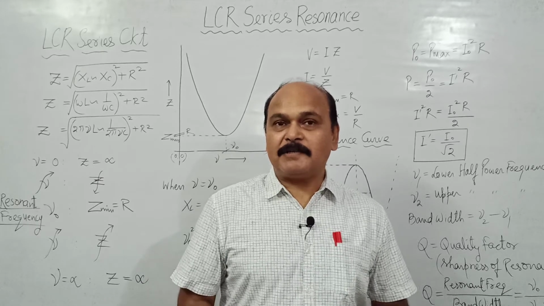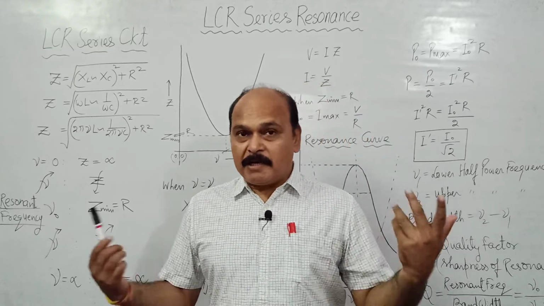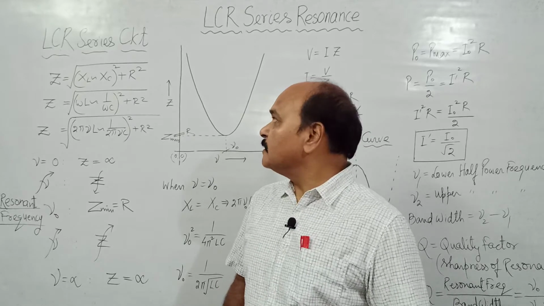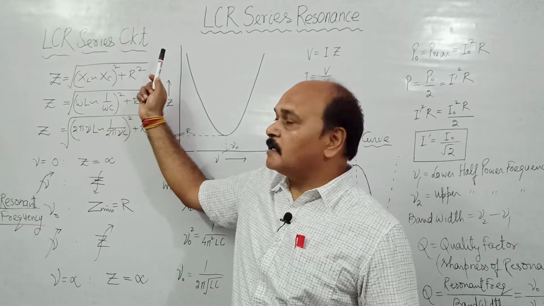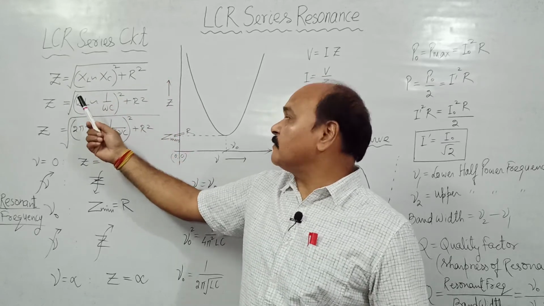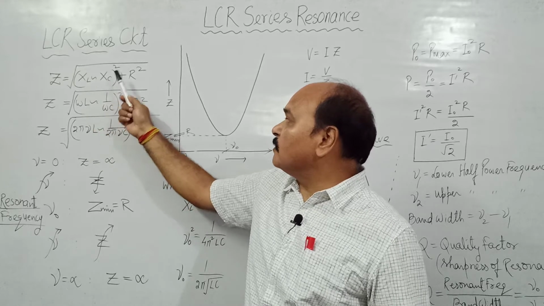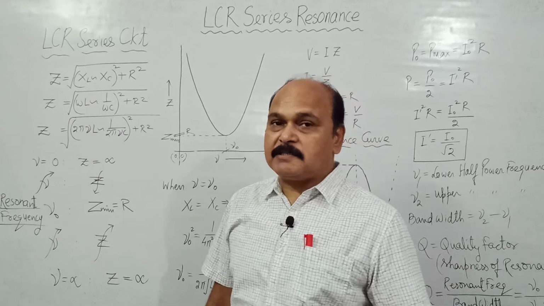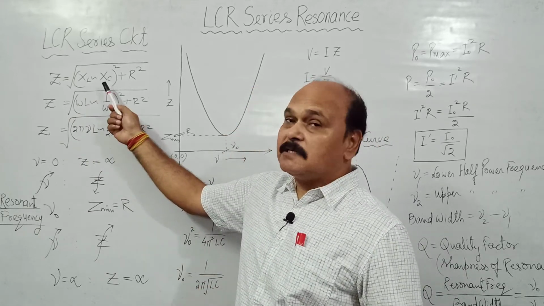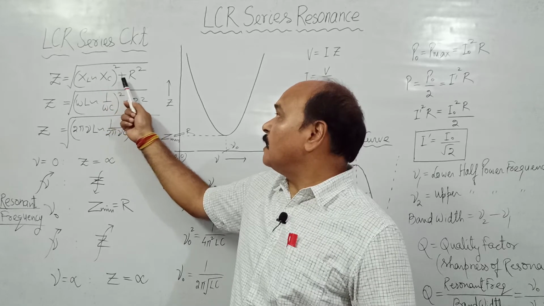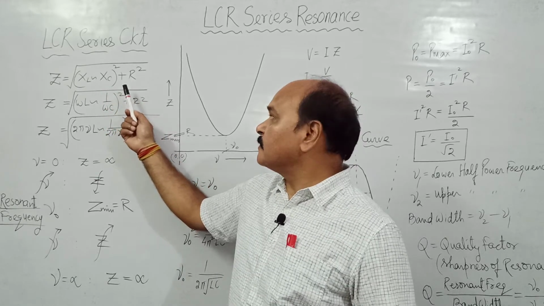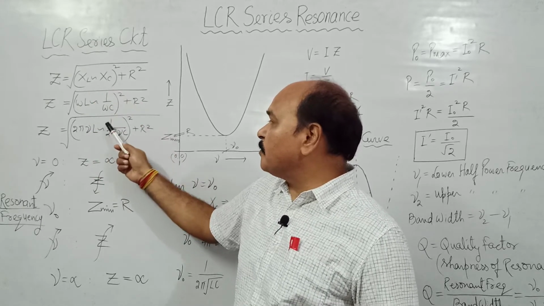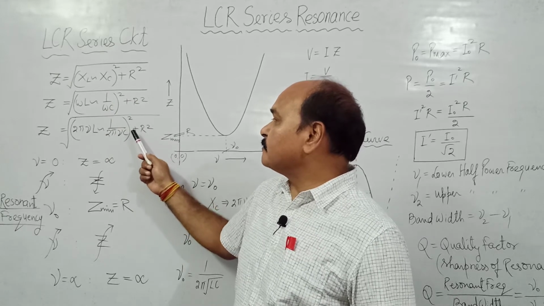So let's understand it further with the help of the mathematical relations we have already deduced when we studied LCR series circuit. Children, we know that in LCR series circuit, the impedance of the circuit is Z equals square root of (XL minus XC) whole square plus R square. What is XL? XL is inductive reactance. What is XC? XC is capacitive reactance. R, of course, is the resistance. Well, XL can be written as omega L or 2 pi nu L. XC can be written as 1 by 2 pi nu C.